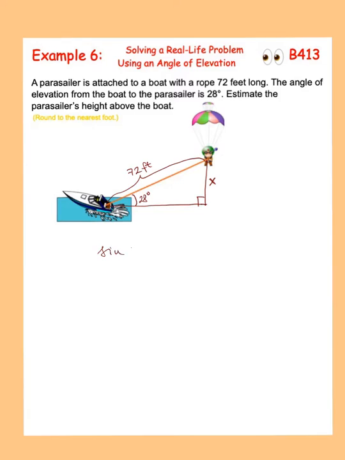So the sine of 28 degrees is going to be x divided by 72. So let's multiply both sides by 72 to solve for x. So x will equal 72 times the sine of 28 degrees. Let's punch this in our calculator. And we get x is approximately